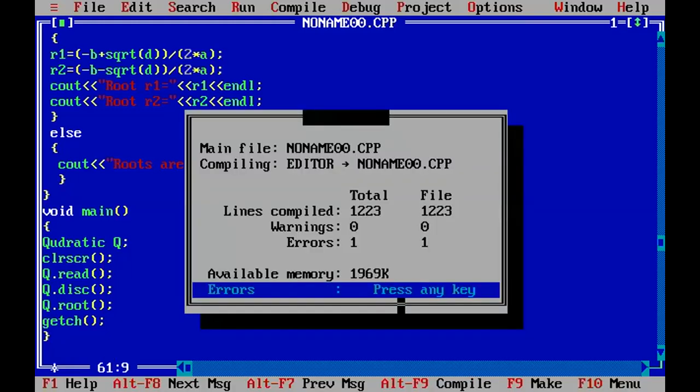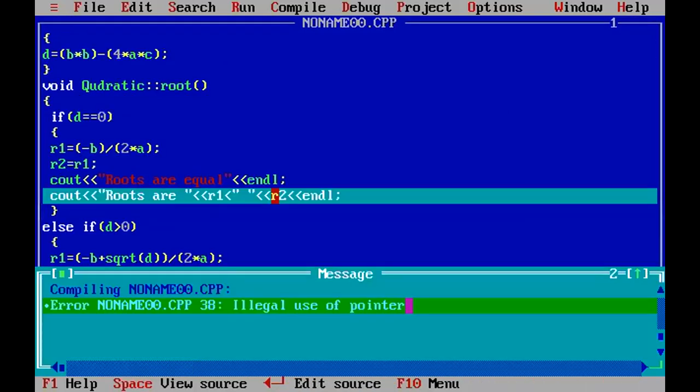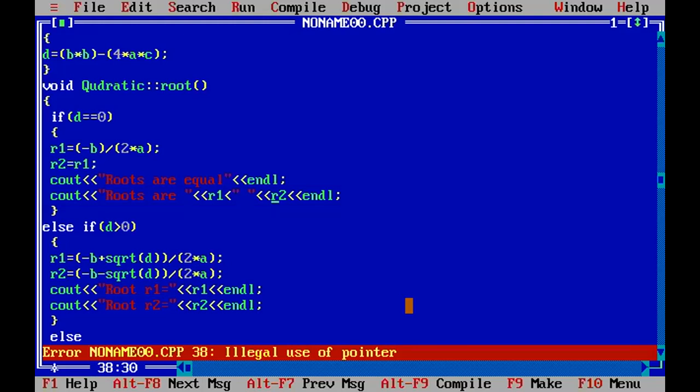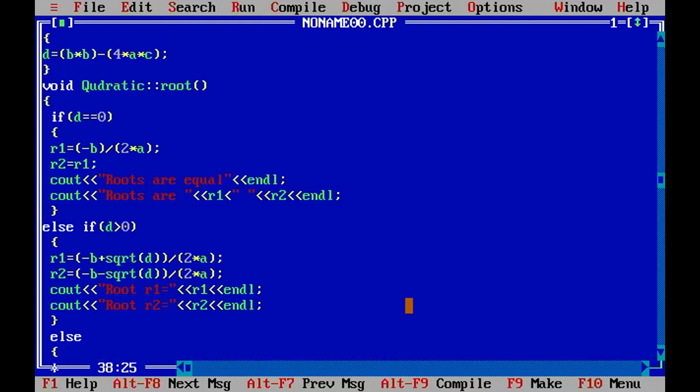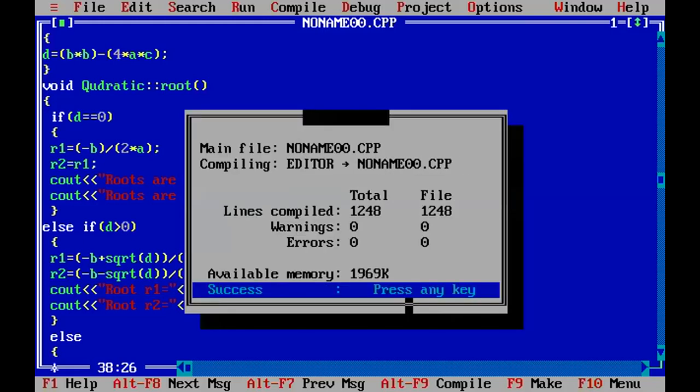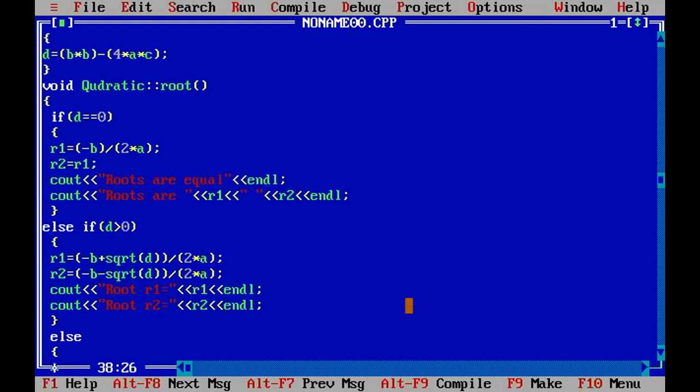So there is one error. Here I have missed an operator. Okay. So again, I'll compile and check if there are any errors. So now my program is free from the bugs. Let me compile it and see. We are supposed to give input for 3 different cases here: when D equals 0, when D is greater than 0, and when D is less than 0. So let me run the program.